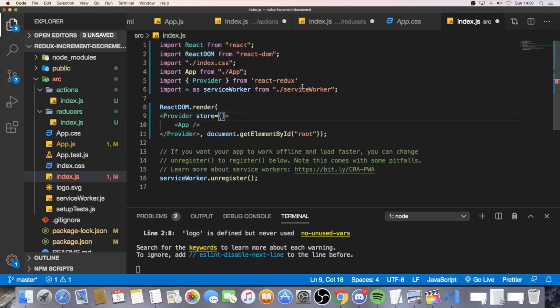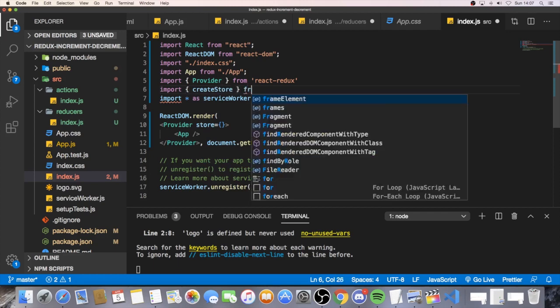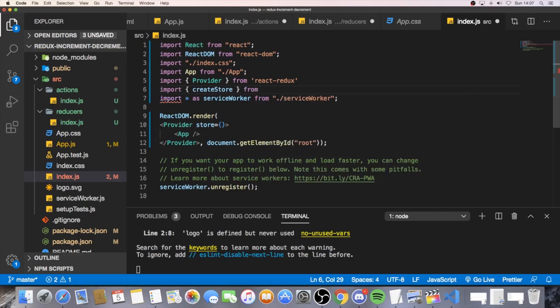And we're gonna do the same thing. We're gonna import, open and close curly braces. And inside here we're gonna import createStore from Redux,